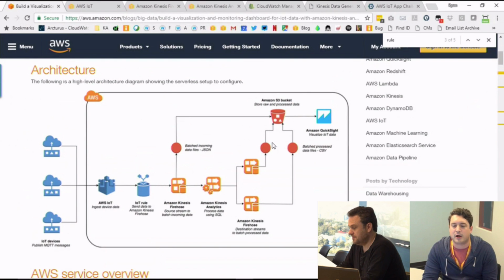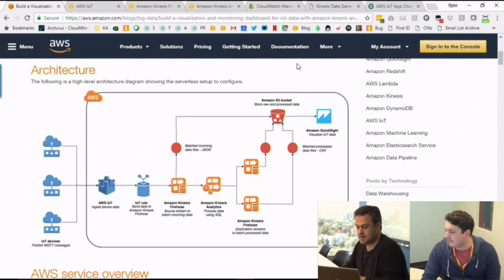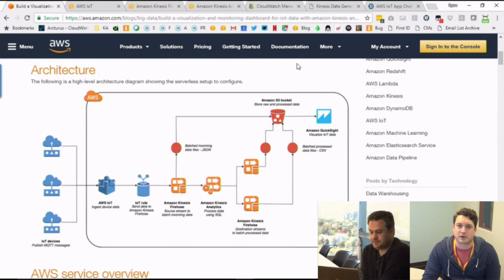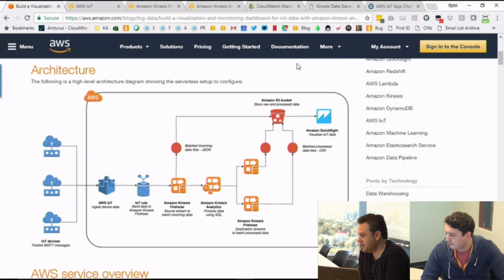The next part of the blog post is to set up QuickSight to visualize data off of the S3 bucket. But I want to pause before I do that. I just want to do a time check and make sure that we answer any questions about what Mark and I showed today. So do you guys have any questions on the blog post, about where to get started, about what approach to use?